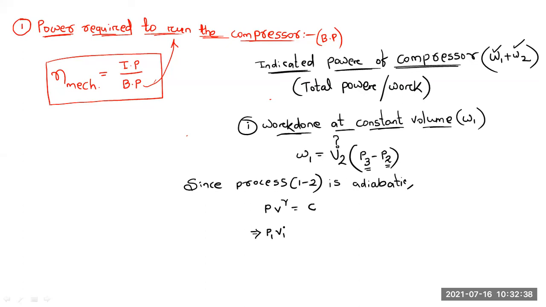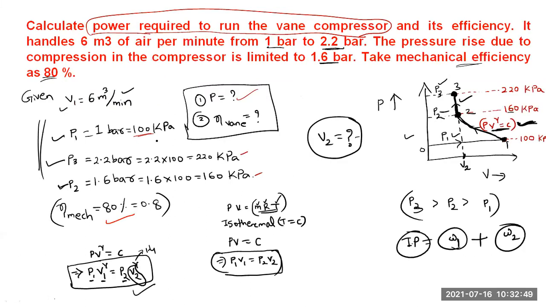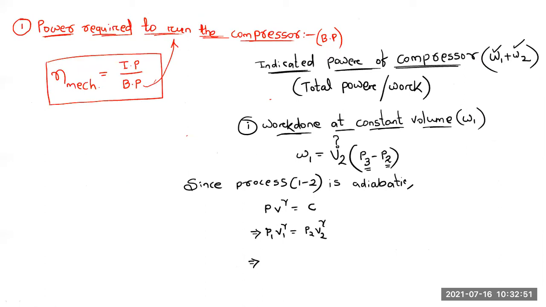Then we can write P1 V1 to the power gamma is equal to P2 V2 to the power gamma. We will put in all the values. What is P1? P1 is 100 kilopascal. So in place of P1, we will write 100 into,